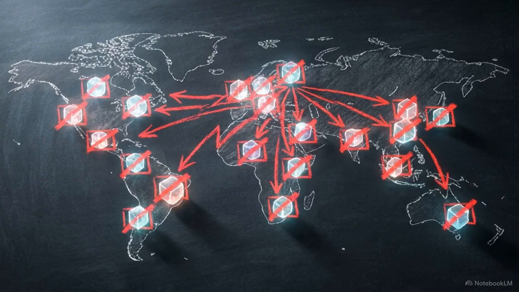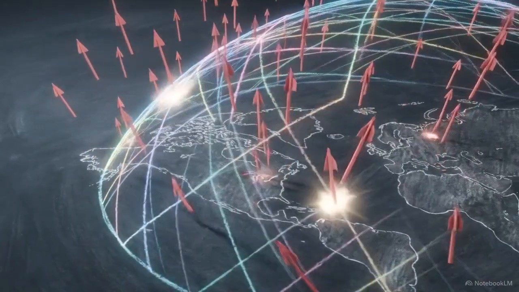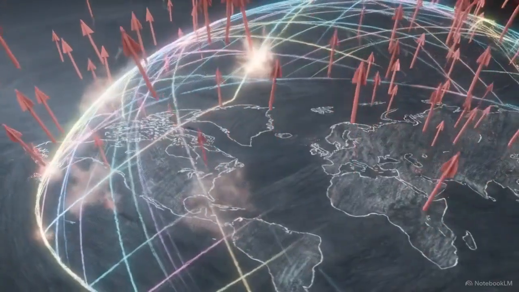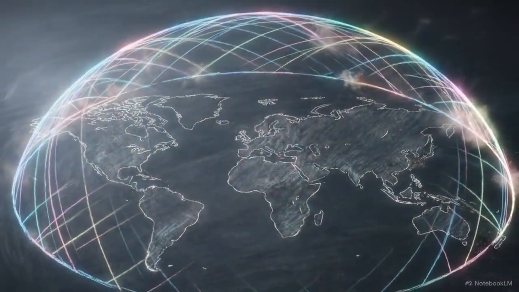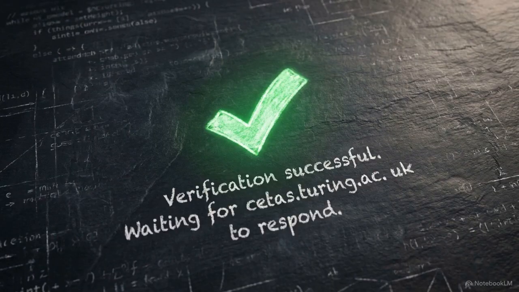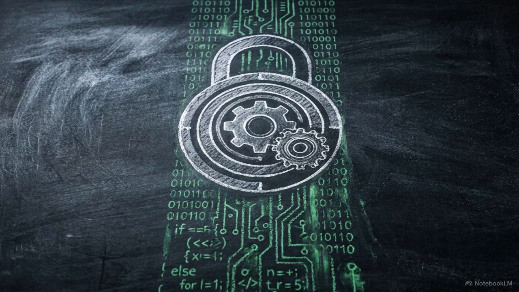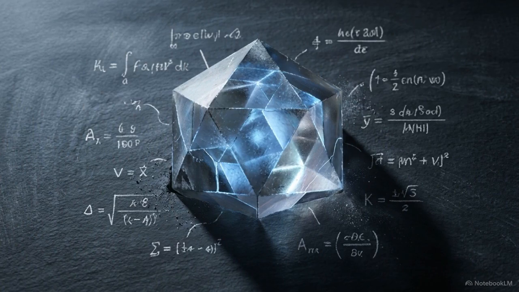If a botnet fails a challenge in one geographic region, its IP signature is immediately blacklisted globally across all servers sharing that threat intelligence. The Ray ID turns an isolated network request into an actionable data point, continuously training and hardening the global security perimeter in real time. Finally, the screen updates. "Verification successful. Waiting for cetus.turing.ac.uk to respond." What you experience as a 3-second delay actually encompasses a TLS handshake, a localized environmental puzzle,